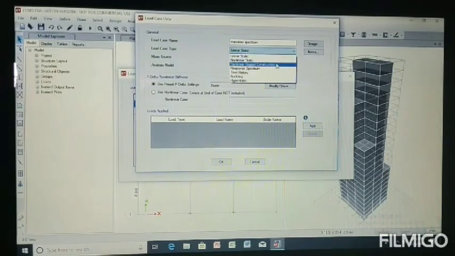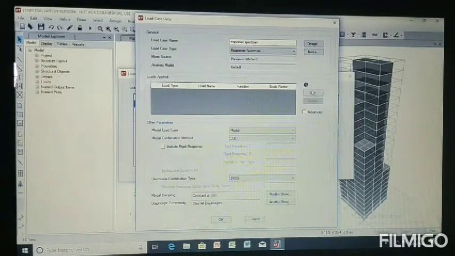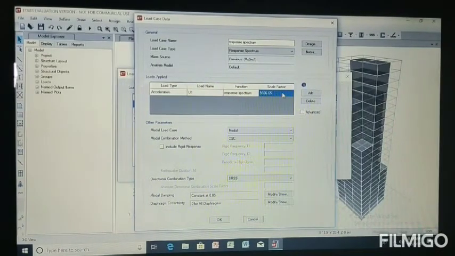Then enter here the response spectrum. Add new, and enter load 1 as U1 and the function as response spectrum. Then enter the value here. For acceleration, I have checked the unit, which is mm per second squared. Enter the load name as U1 and the function as response spectrum, and enter the value. I obtained the value for the scale factor as